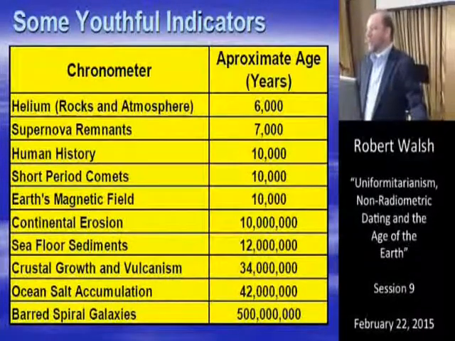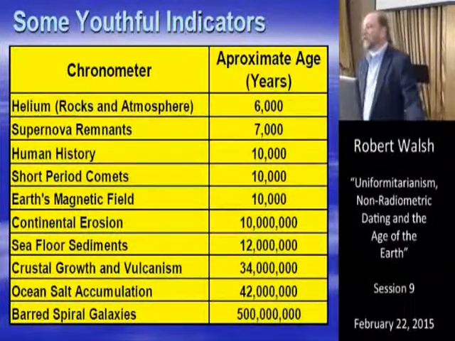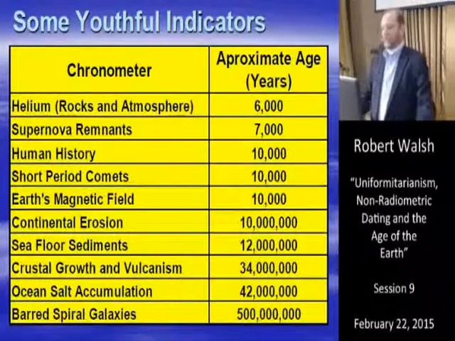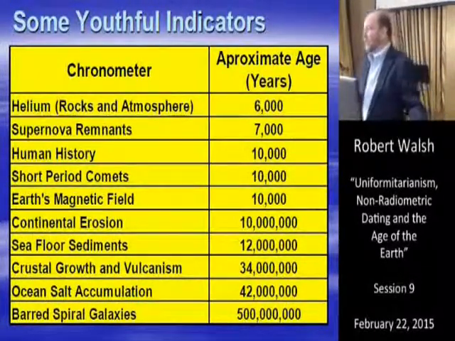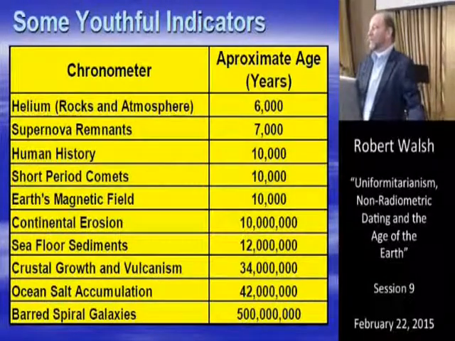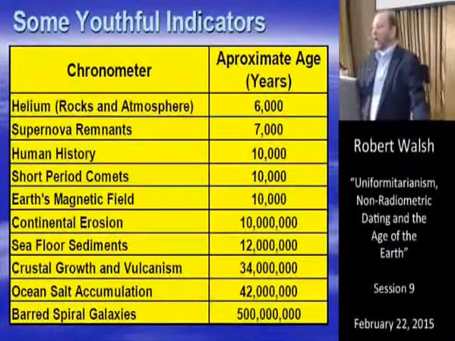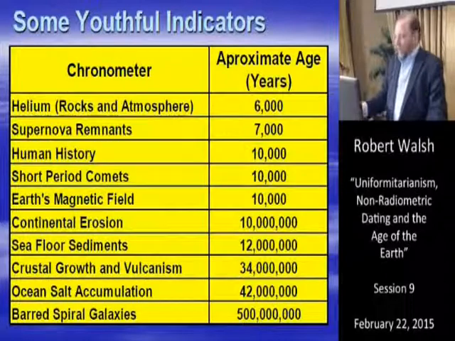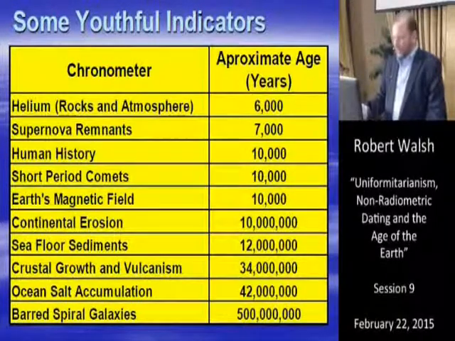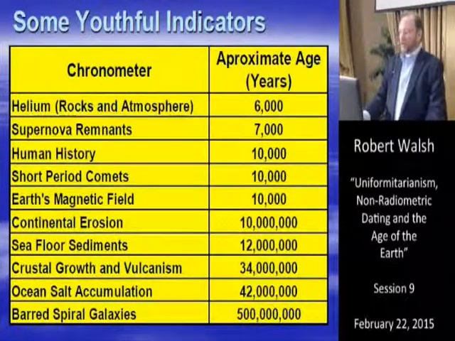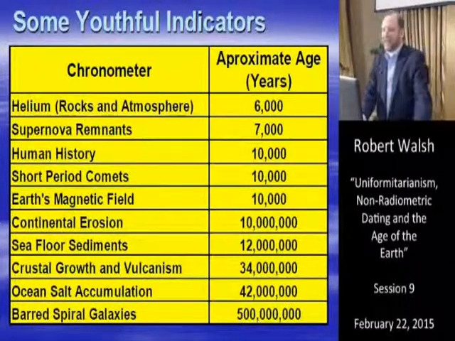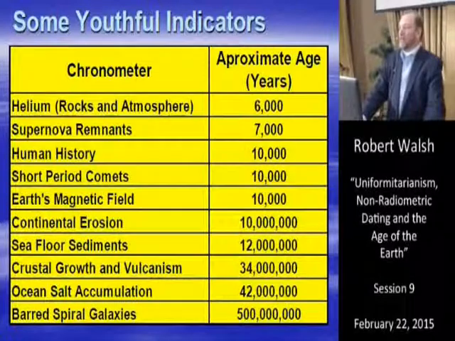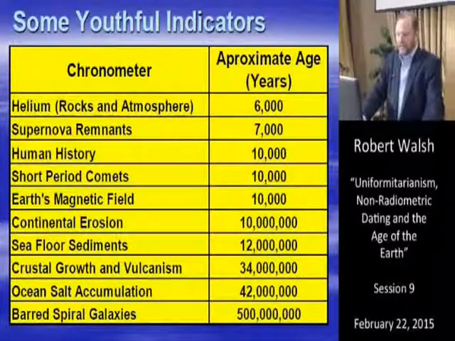It's now a wonderful helium atom, and it gets captured in the surface rocks of the Earth. So you measure the amount of helium that you have in this material, and you can determine how old the Earth is, right? Well, if you do that, according to the RATE group, it looks, according to their research, that the Earth can't be much older than 6,000 years based on the amount of helium that is in the rocks